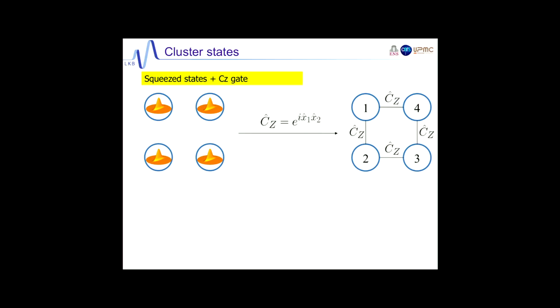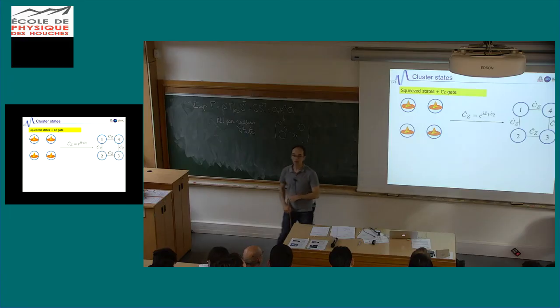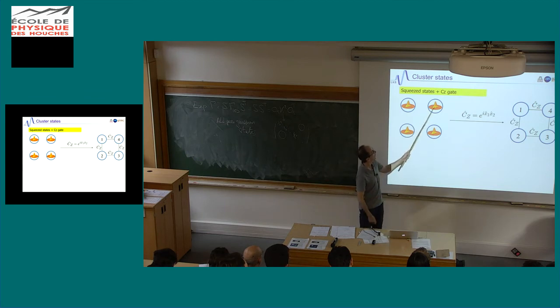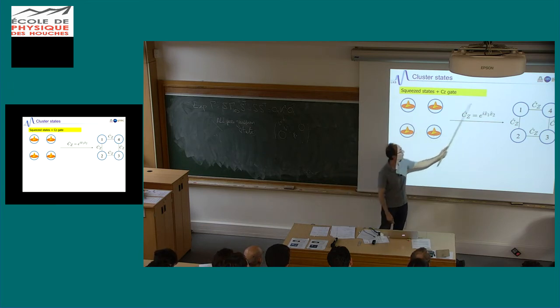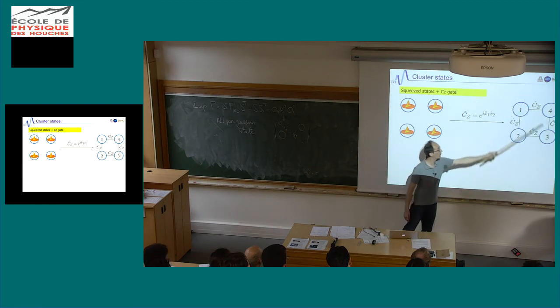In our regime, in fact, the kind of state you need are called cluster states. And a cluster state is something like that. You start from 4 squeezed states. This is an example. You start from 4 squeezed states, and you apply on any 2 of these squeezed states this kind of evolution, which is a CZ gate. But these x1 and x2 are 2 quadrature operators, so this is still a quadratic evolution. Okay, it's the exponential of this one. So you get this kind of state, which will correlate any 2 of these modes.